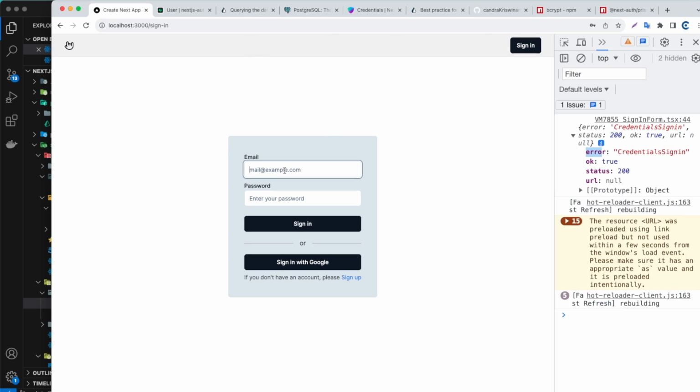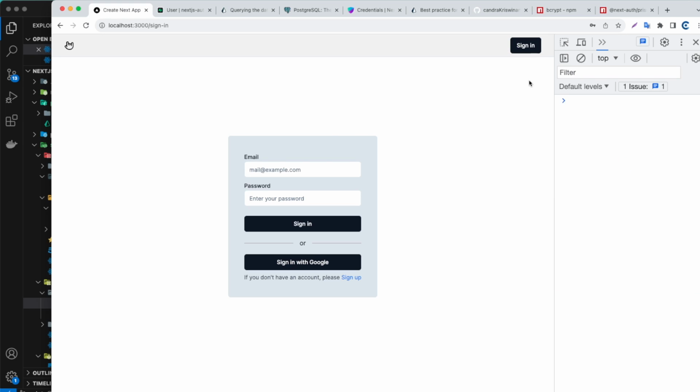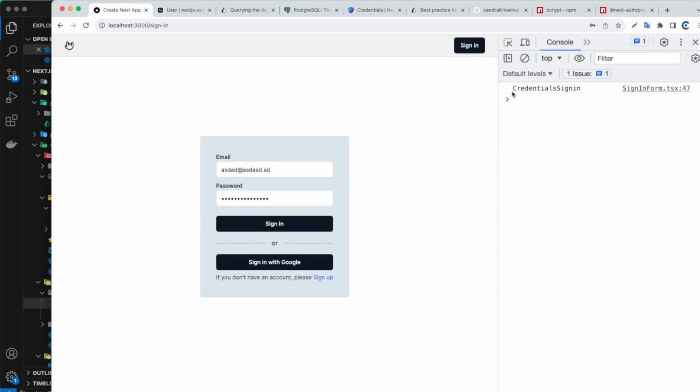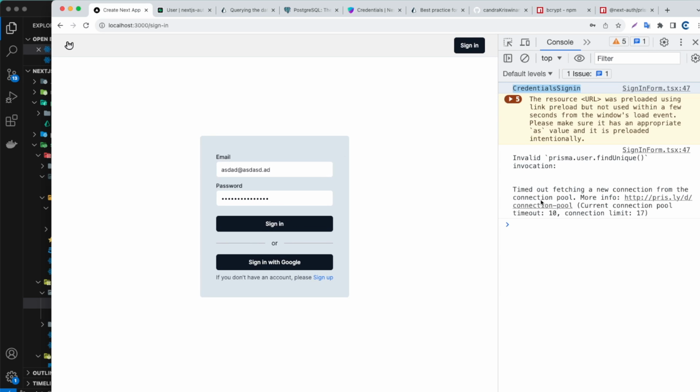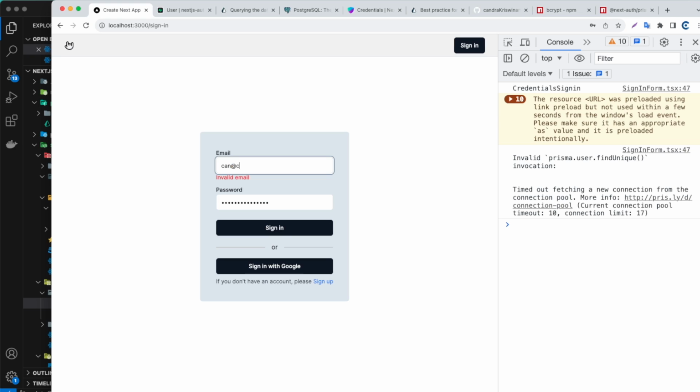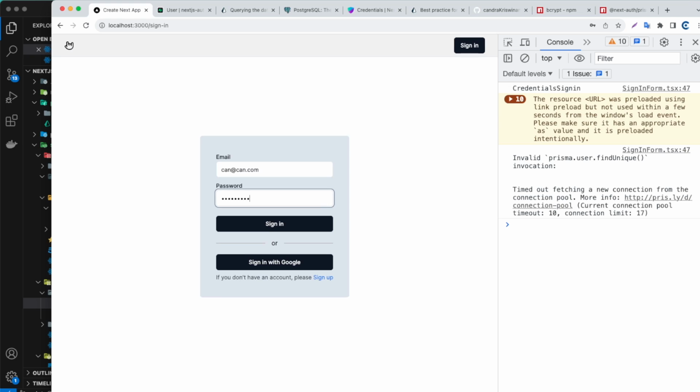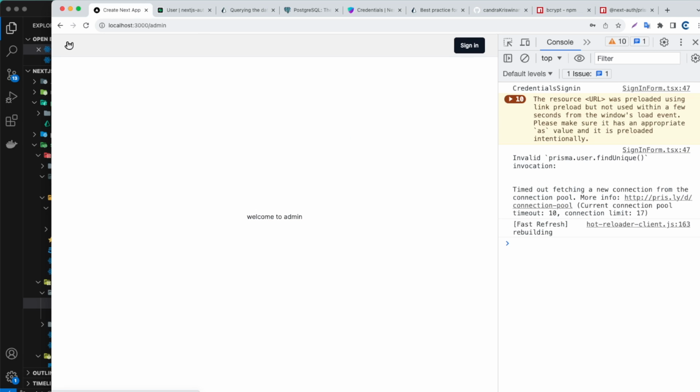I'm going to try to log in again with just a random email and random password. I'm going to click sign in and we should see an error. As you can see here, credentials sign in. But next we are going to use a toast to show the error down here. But for now, just leave it like so. So now let's give the correct values here. I'm going to say chan@chan.com and also the password, it should be 123 123 123. If I click sign in, it should redirect me to the admin page, and now as you can see,